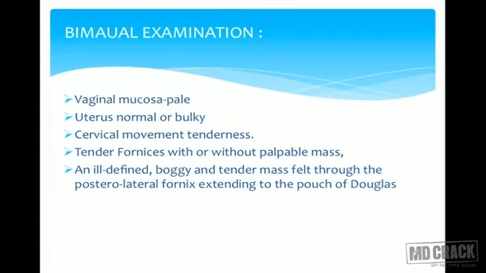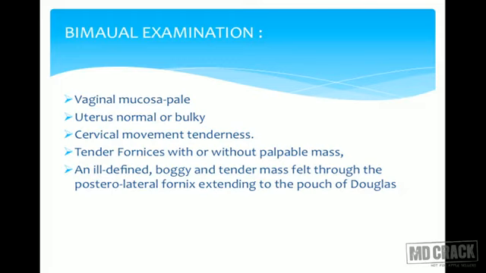Or if it's ruptured, you will feel an ill-defined, boggy and tender mass through the posterolateral fornix extended to the pouch of Douglas. This is typical of chronic ectopic, because now that ectopic has either ruptured or aborted, some hemorrhage has gone in the pouch of Douglas and settled there, and this is a pelvic hematocele which we are feeling on the examination. In acute, you will have cervical movement tenderness, pale vagina, fornix some mass, tender,